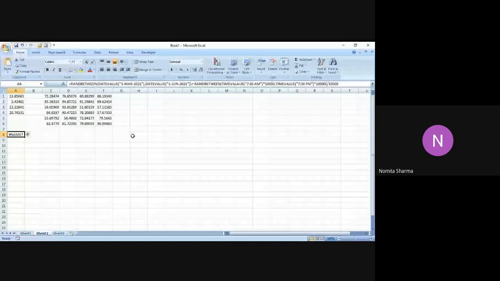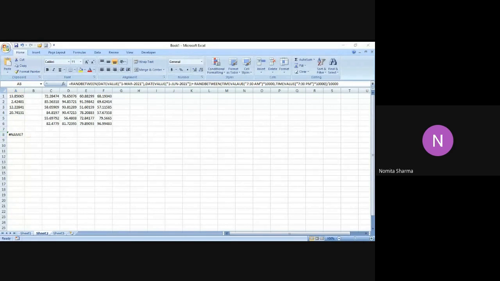Let me see what mistakes are there, because there is a mistake that is happening. That is the reason it is giving us this problem. So we have equal to rand between bracket date value. I hope I have mentioned the, okay, quotes, date, quotes close, bracket close, comma.